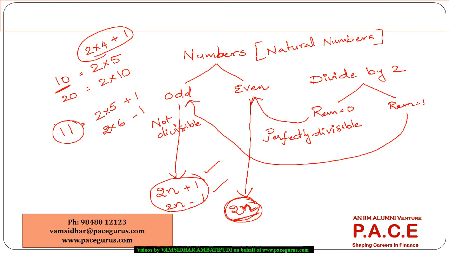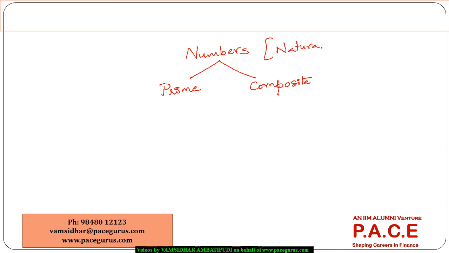Now, the other classification that I am bringing out is a prime number versus a non-prime number, which is otherwise called a composite number. So this is also applicable only to natural numbers, not to negative integers or whole numbers, etc. Simple thing,